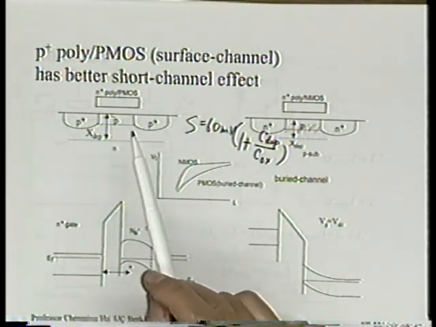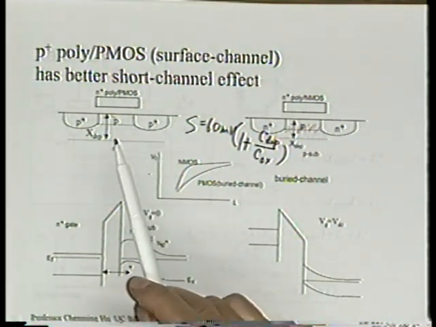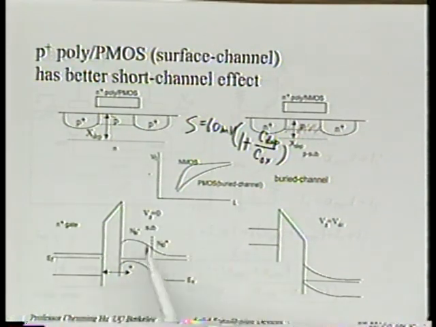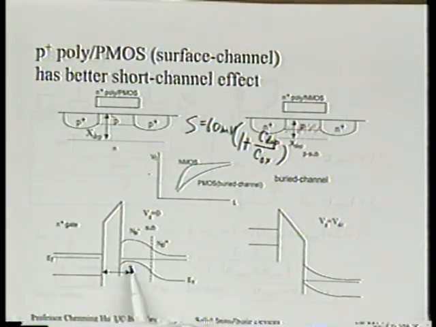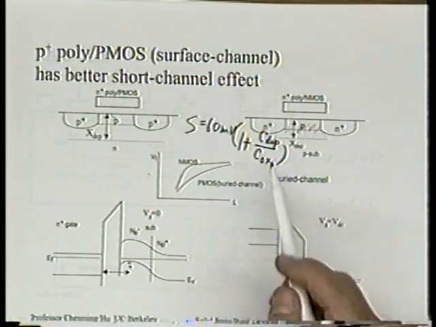But if you look at the case of VG equal to 0, low VG, indeed, this is the picture of the energy band diagram. All right? So the subthreshold leakage is not flowing at the surface, but at several hundred angstroms below the surface, perhaps. Well, we don't know how many hundred angstroms, maybe only 100 angstrom below the surface. So what are the relevant